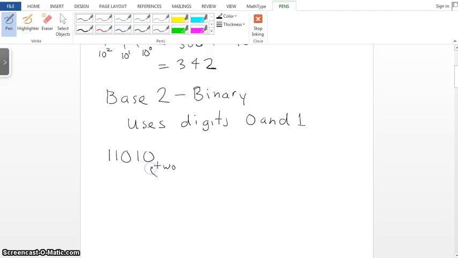Alright, just like with base 10, this is actually 2 to the 0 position. This is going to be 2 to the first. This one is 2 squared. This one is in the 2 cubed position, and that one is in the 2 to the 4th position. This is the thing you have to remember, these sort of place values, I guess you can say, to change it back to the decimal system. Alright, so this one in this position actually means, just like we did up there with the decimal system,